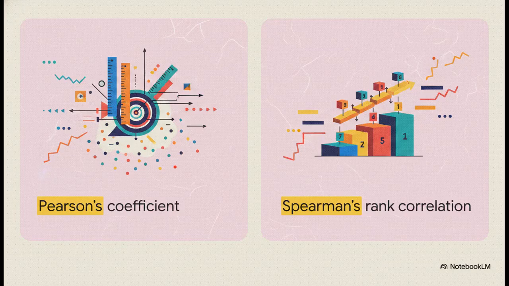And this brilliantly illustrates the 2 key mathematical methods running behind the scenes to calculate these relationships. We've got Pearson's coefficient on one side and Spearman's rank correlation on the other. Now look, I know I promised we wouldn't be doing heavy math today, but it is absolutely essential to know that these 2 analytical powerhouses exist. They are the mathematical engines that take all that scattered data we just looked at and actually generate that precise defining number between -1 and +1.